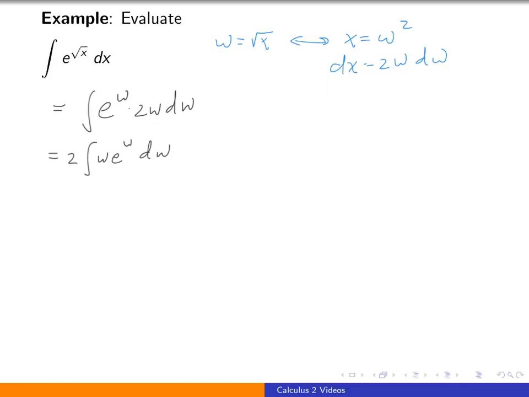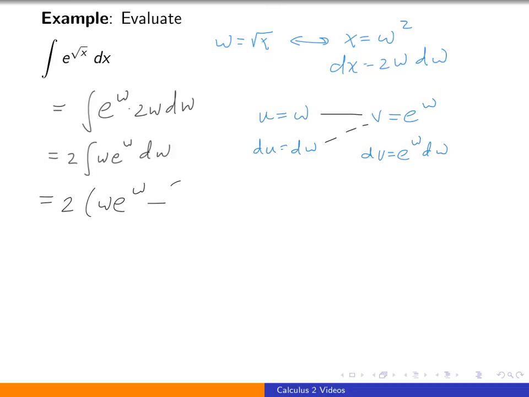So with the integration by parts, we would want to choose our u to be w, and we would choose the dv to be e to the w. So du is just dw, and v is e to the w. And integration by parts tells us uv minus the integral of v du. So we have the 2 hanging around out front, and we'll have uv, so w e to the w, minus the integral of v du. So distributing the 2 and evaluating our integral,